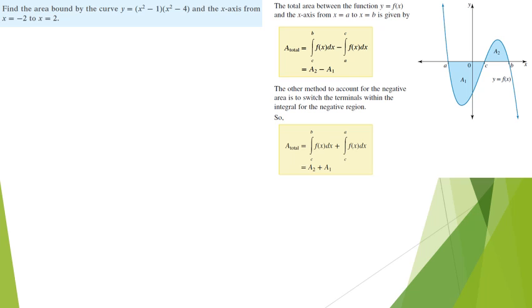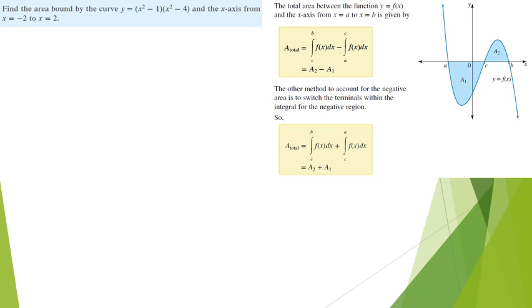Alright, find the area bounded by the curve y equals x squared minus 1 times x squared minus 4, and the x-axis from negative 2 to 2. Now, just be careful. If you have an area on the top and an area on the bottom, you should always be doing the top minus the bottom. However,